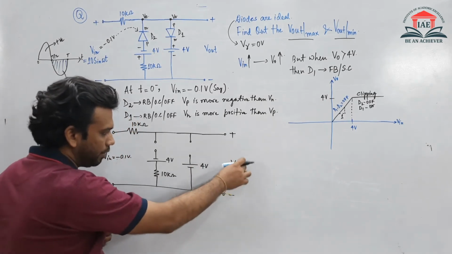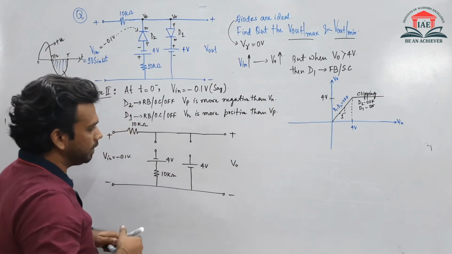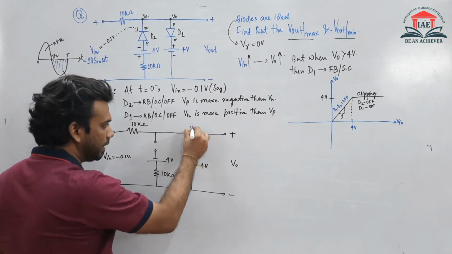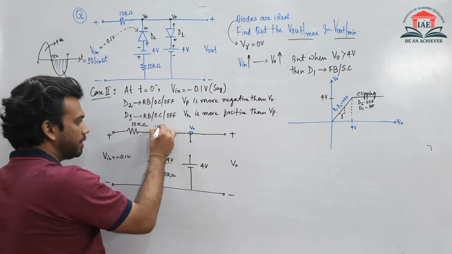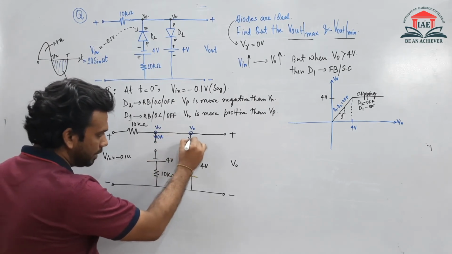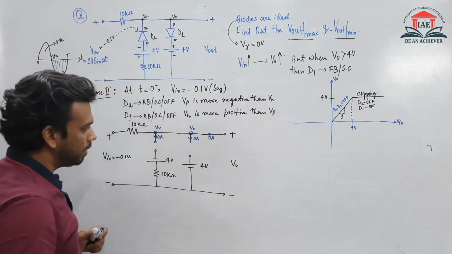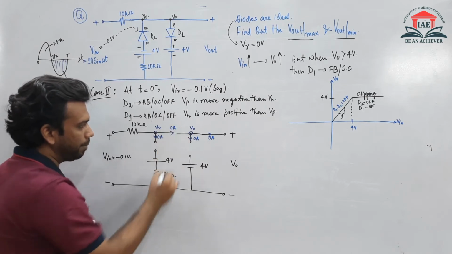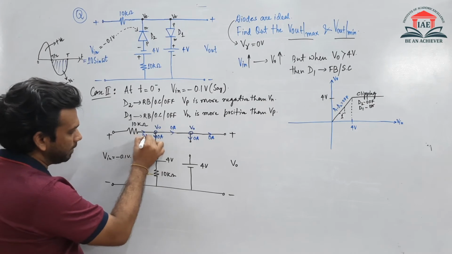So this V0 will be nothing but, if you look at this circuit carefully, this is same as the previous circuit. तो यहाँ पे मेरा output voltage है, this output voltage is connected here. So now 0 ampere current is flowing here, 0 ampere current is flowing here, 0 ampere current is flowing also here. So if these two branches 0 ampere, तो यहाँ पे भी मेरा 0 ampere current flow होंगे.